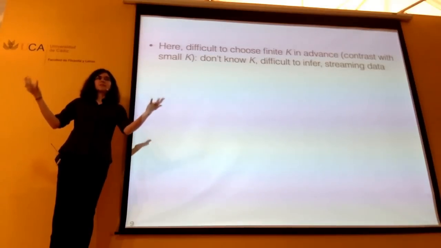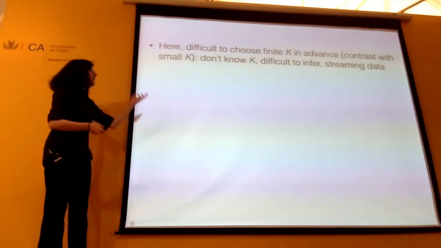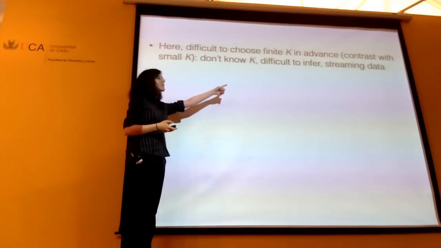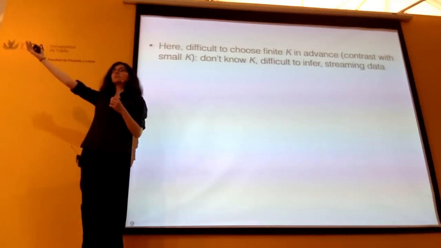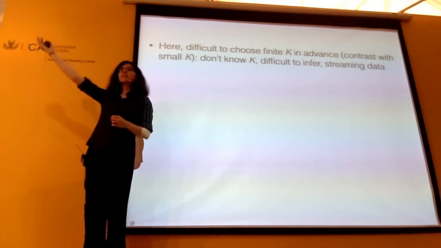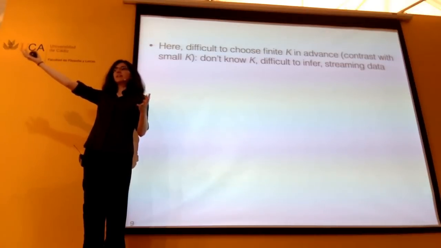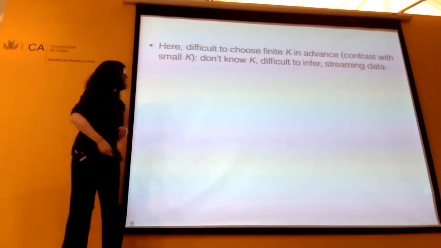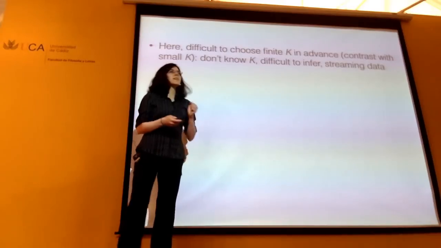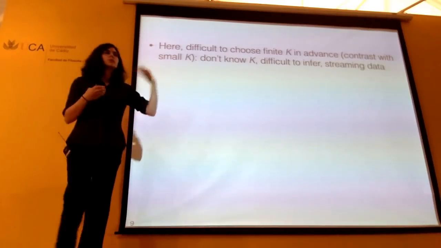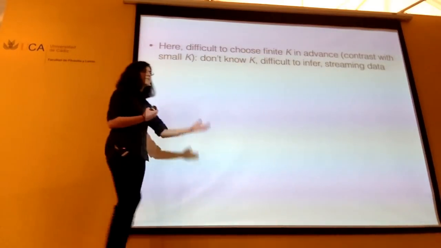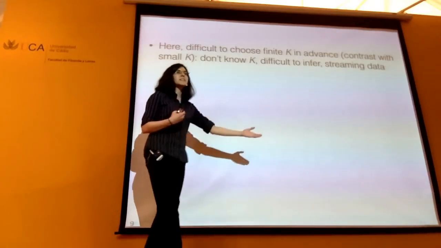I know how many blocks there are, it's 3. But when I haven't even gotten one data point per cluster, it might be really hard for me to predict the k that I'm ultimately going to get to. So maybe I do think it's finite and that it's out there, but it's going to be difficult for me to say what that is in advance, again, even using some sort of inference technique. And again, I might have streaming data, and so I can't say, oh, well, this k will work fine for today, because what if I wanted it to work fine for tomorrow? What if I needed it to work fine for a year in my application?